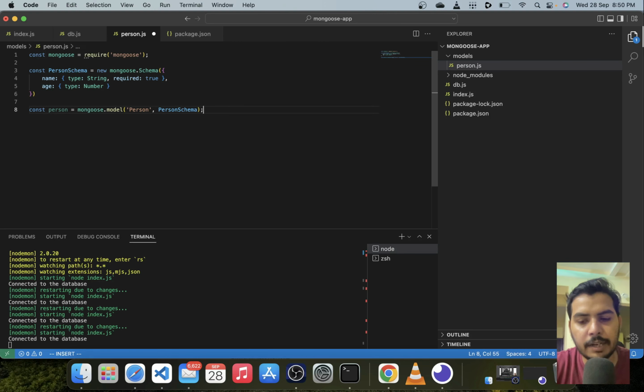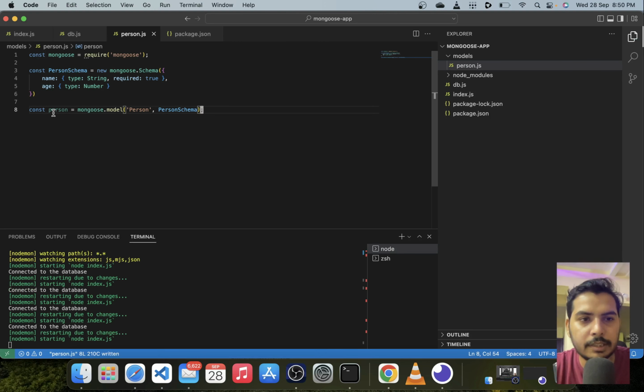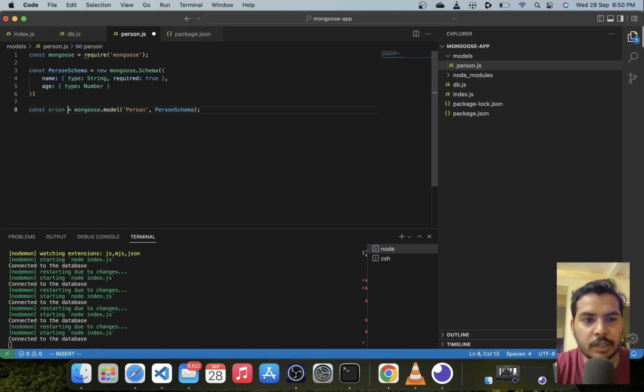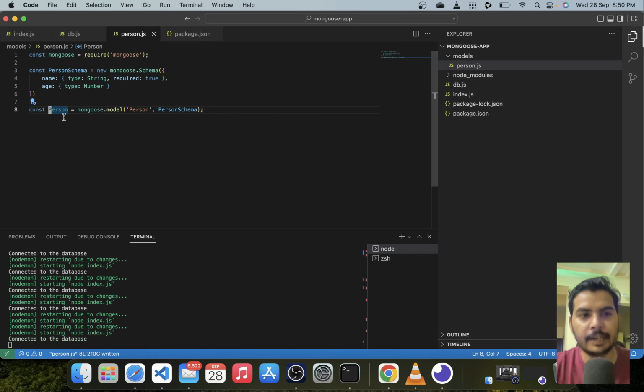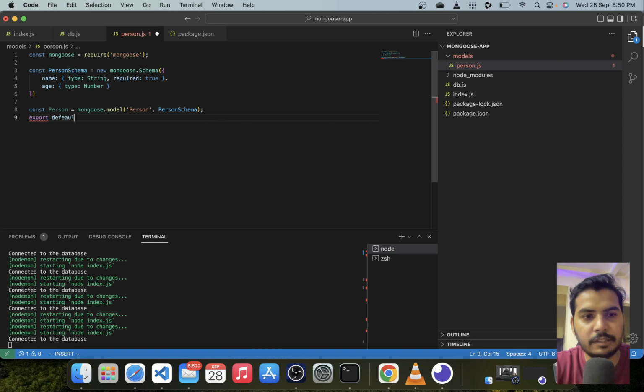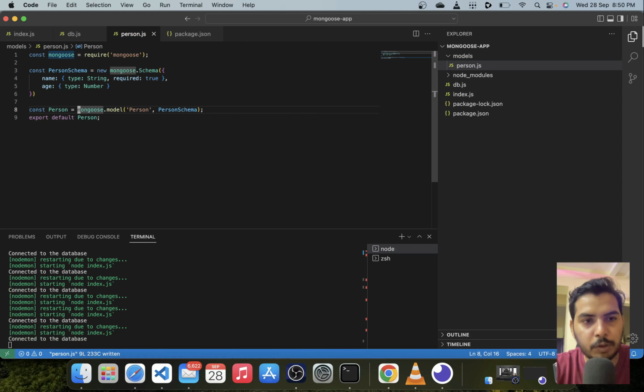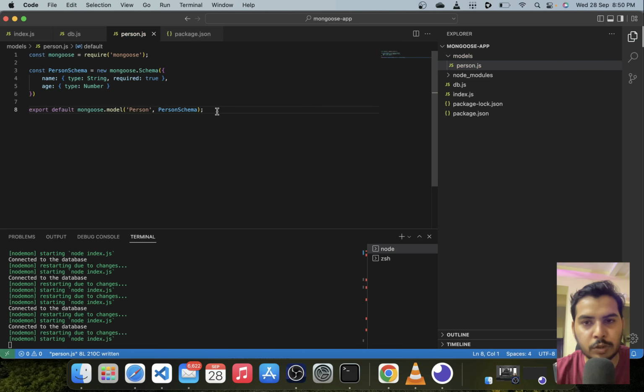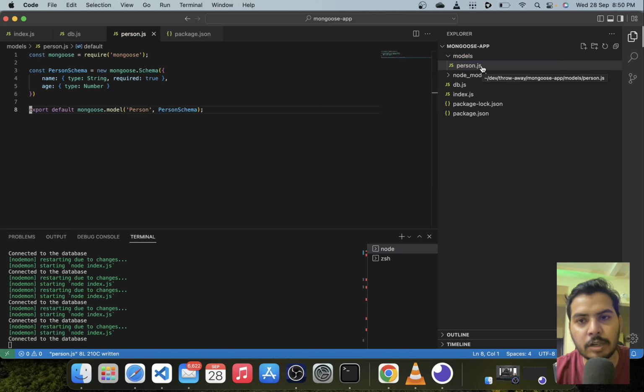And then we will plug in the schema. So this thing is the model actually. So in order to follow the convention, we are going to call it person with a capital P, and then we can export this thing. Export default person, or you can simply do something like export default and then this thing. This will also work. So we have our person model ready.